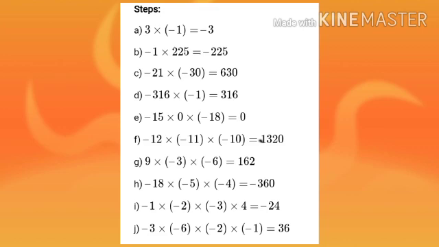Then for the last subdivision, normally we can multiply 3 into 6 into 2 into 1. The product is 36. How many negative signs are represented? 4 negative signs. 4 is even or odd? Even number. Even means put a positive sign on the product.